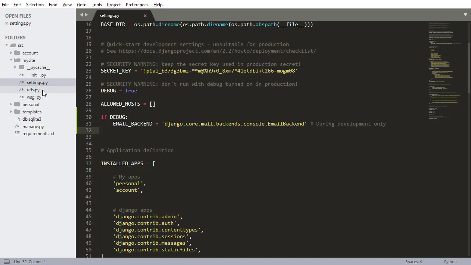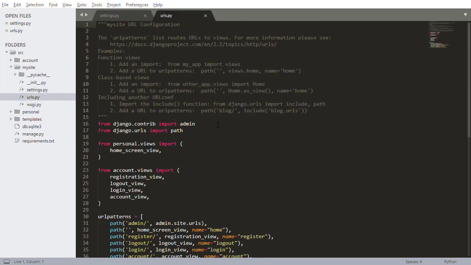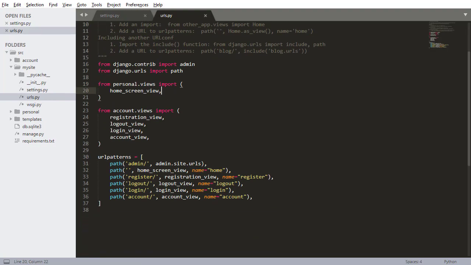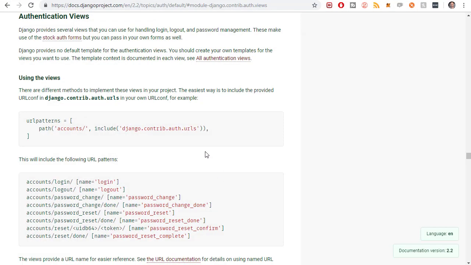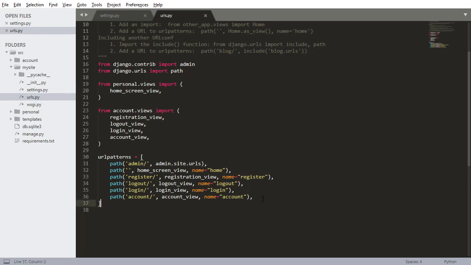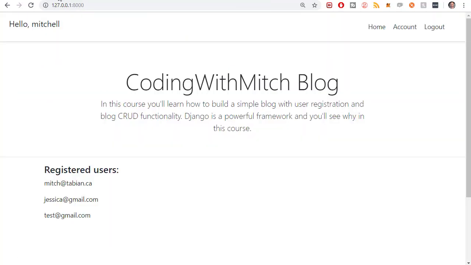Next, let's open up urls.py. Now, as I said, in the documentation, it shows you a number of ways that you can set up this password reset functionality. The easiest way is to do this. I'll just show you really quick. I'm pretty sure if I just literally copy paste this in and I save it, we'll have some really basic